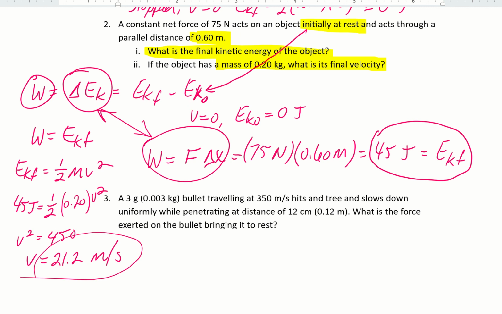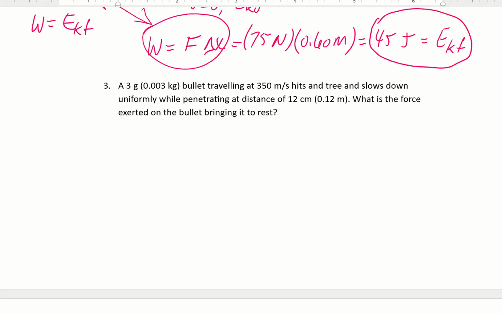Okay, so here we have a 3 gram or 0.003 kilogram bullet. It's traveling at 350 meters per second, hits a tree, and then slows down and penetrates a distance of 0.12 meters. And so the question is, what is the force exerted on the bullet, bringing it to rest? Okay, so the first thing that we need to figure out